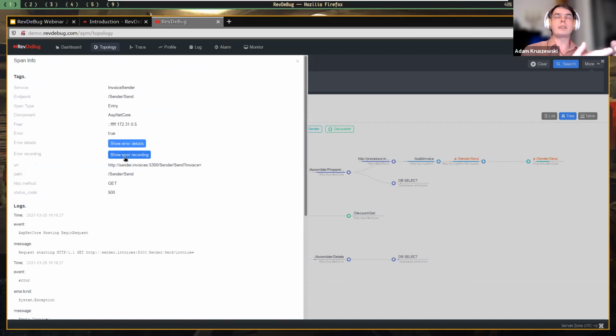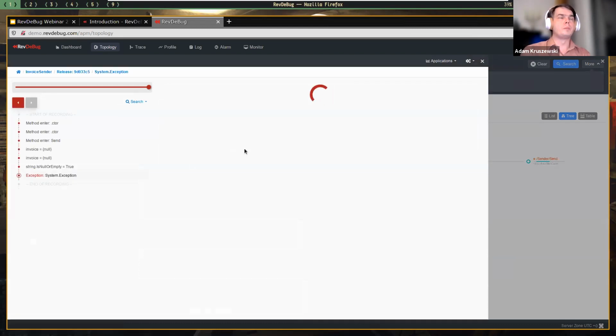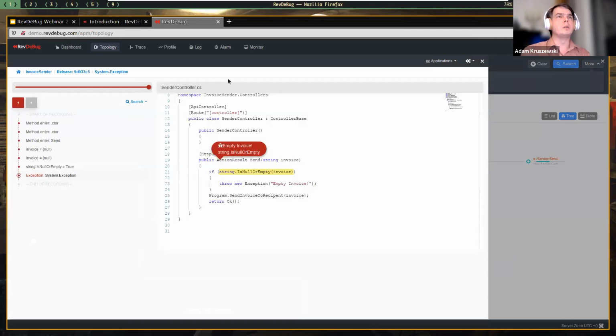So let's look, and that's a unique value of RevDeBug. I can actually look inside that microservice, inside the source code that was executed when this error happened. So right now I'm accessing the recording of the execution of this microservice. The source code here is loaded directly from the Git repository, with the proper release that was deployed. And I can see in the C# microservice that indeed the custom error handling code was triggered,